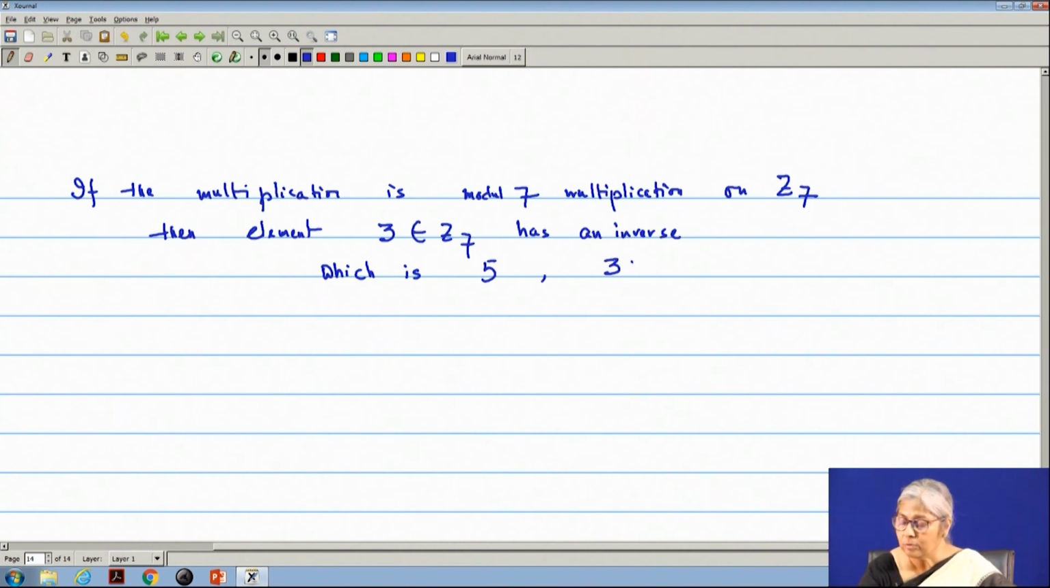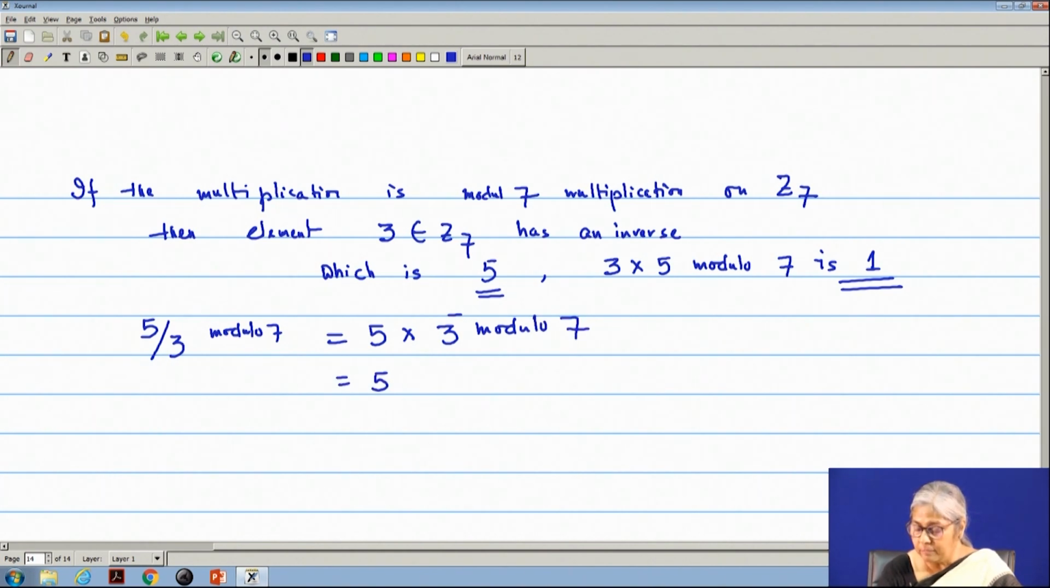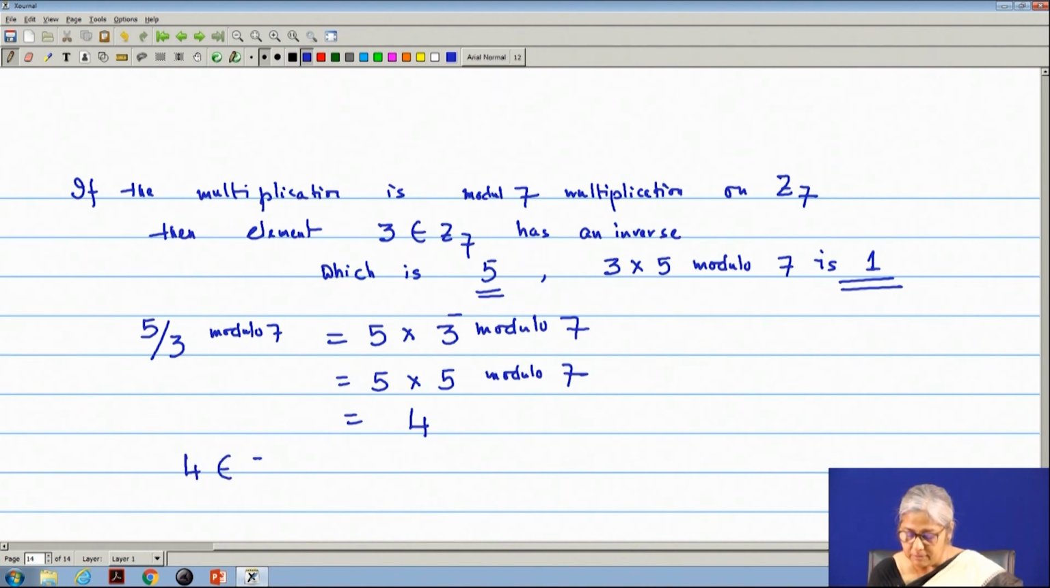Because 3 into 5 modulo 7 is 1, multiplicative identity. This is multiplicative identity. So, I know that 3 has an inverse. Now if I do the 5 by 3 operation under modulo 7, then I can write this as 5 into 3 inverse modulo 7, and that is 5 into 5 modulo 7, and that is 25 modulo 7, which is 4. So, the result exists, and since 4 belongs to Z7,